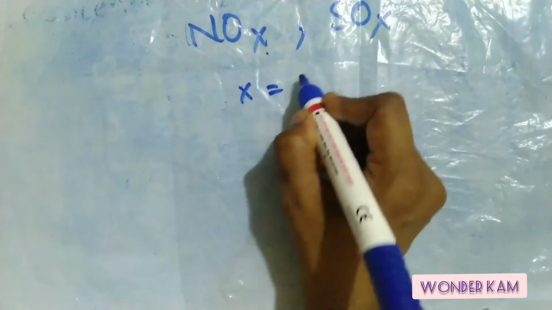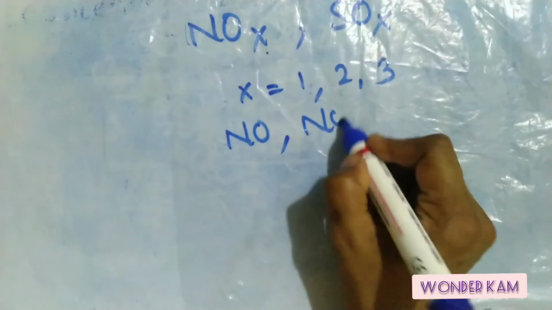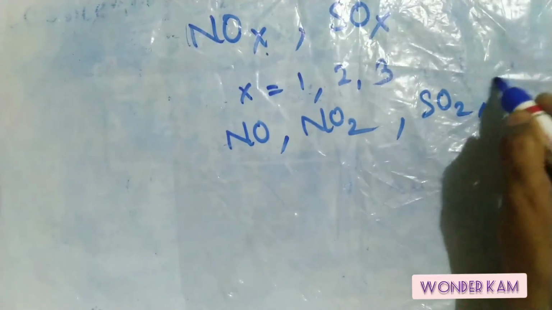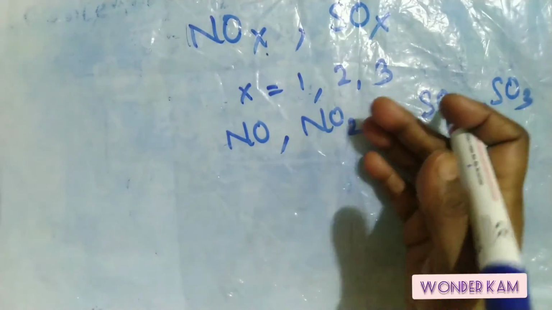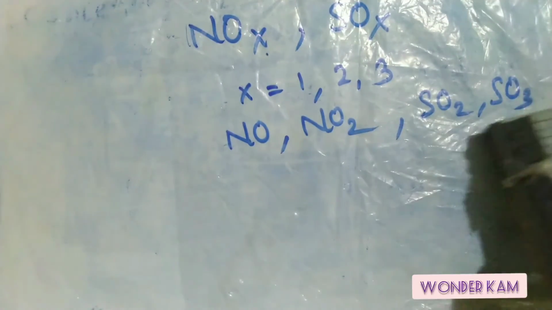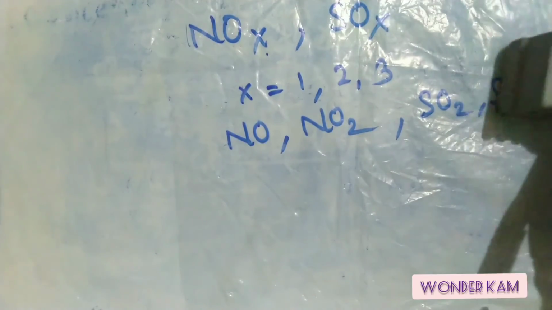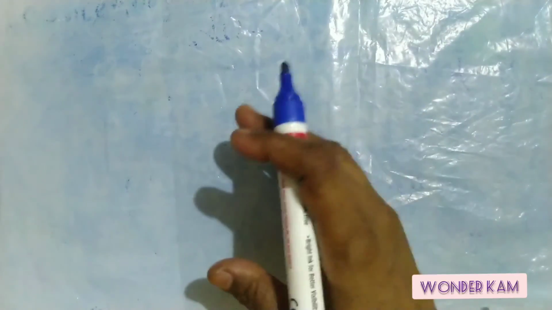Here I am putting this X, and this X stands for maybe 1, 2 or 3 in the case of nitrogen oxides, or in case of SO2 or SO3. So these oxides can react with the rainwater to form nitric or nitrous acids, or in case of sulfur oxides, they form sulfuric acid when reacting with rainwater. I am not writing all these reactions in detail, because in higher classes you are going to study all these reactions. Now it is not required.